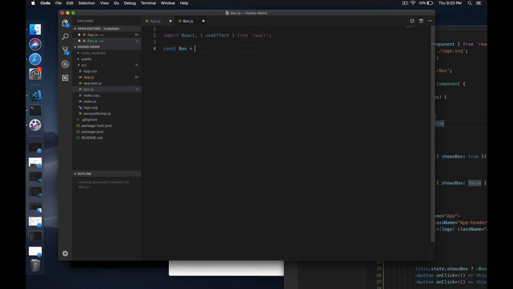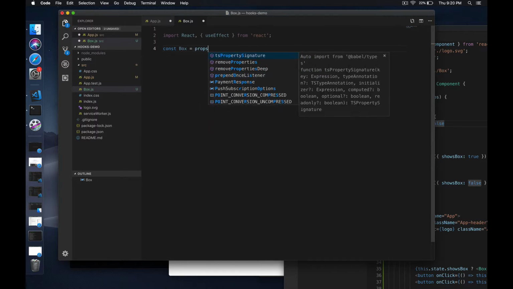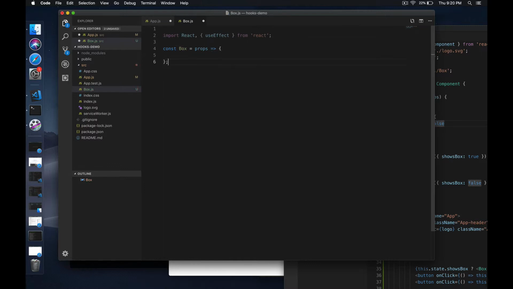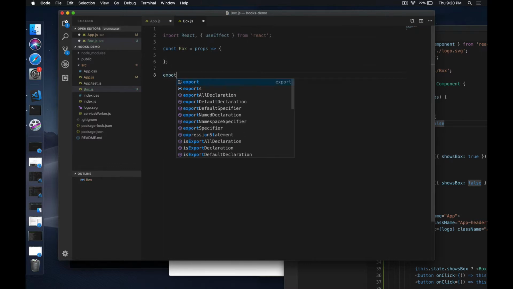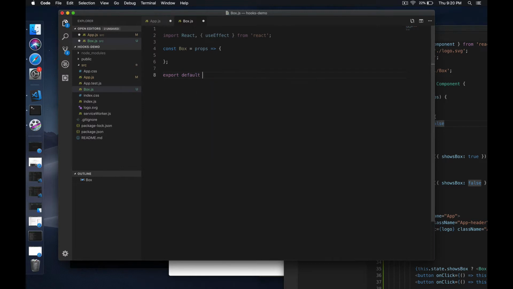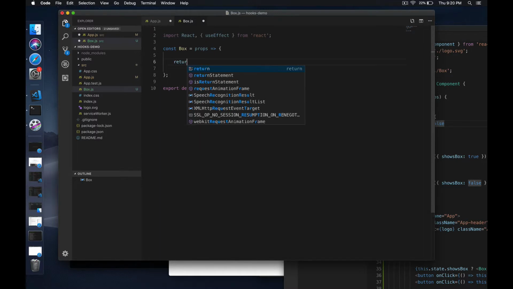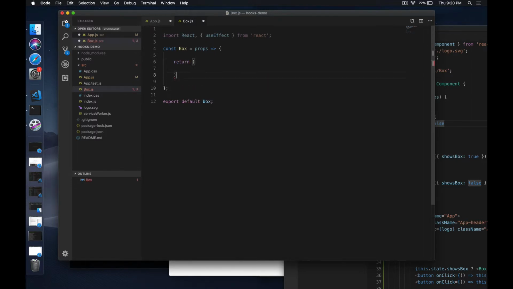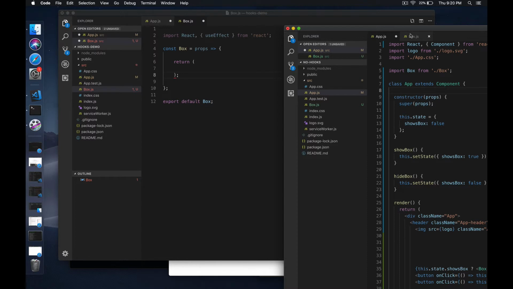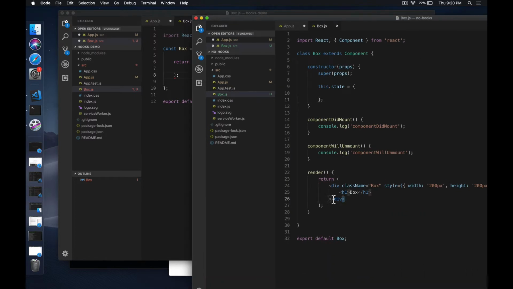So again, I'll do the functional component, Box equals props, and then use the arrow function. And then I'll just export this Box so that we can import it into the app.js. So for the Box, I'm just going to return the same thing I did in the other example, just a